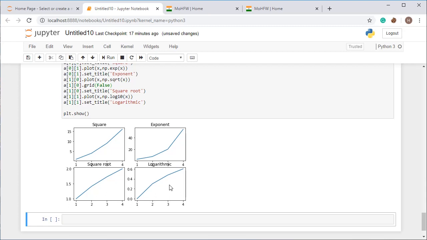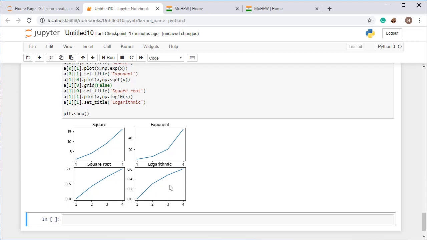Now I am going for formatting the axis. You can format the axis as per your desire, meaning you can set the axis according to you. You can set the scales also. For a scale, you have to use a different thing. You can use a scale like log. You can set labelpad, meaning it will be set to however much value you want for the labels. All right, in this manner you can set all these things.